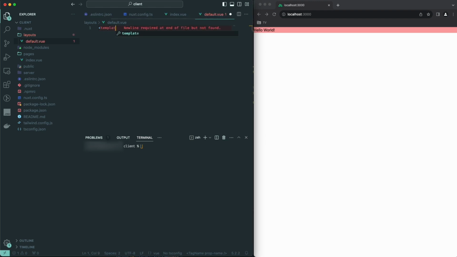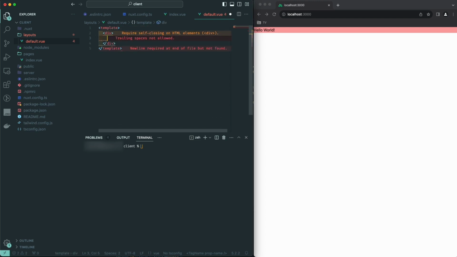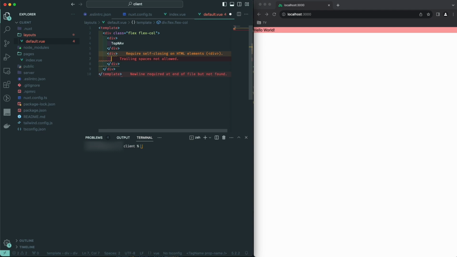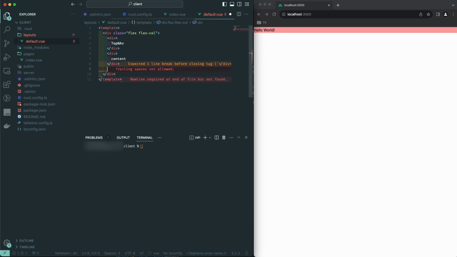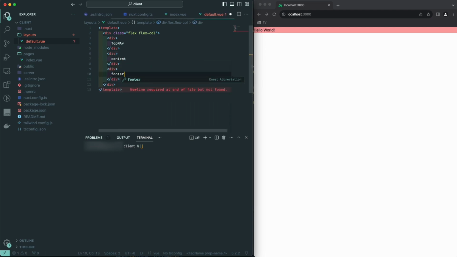So for this, we need to create the default template. We're gonna say a div in here. And let's use flex classes. We're gonna make them go in a column, so from top to bottom. And in here we're gonna have 3 divs. One is going to be for top navigation, one is going to be for content, and one is going to be for the footer. So if we save this and run it right now,